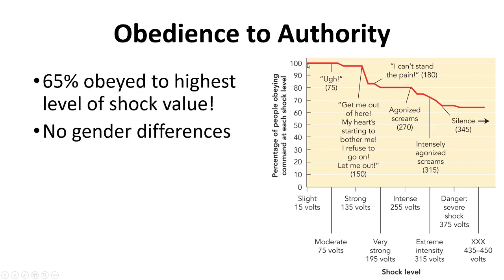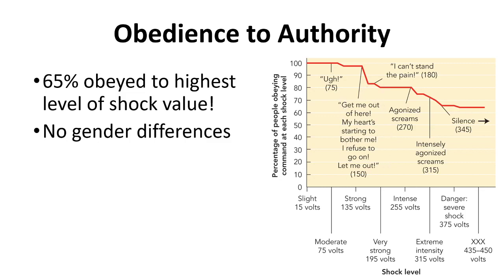So at the very beginning, pretty much everybody would push the button and deliver these mild shocks. And the confederate would say something like, ugh, or ow, or that hurts. So just sort of mild acknowledgement that these fake shocks were happening. And then as time goes on, you see that as the shocks get more intense, people start dropping out, but not very quickly. So at this point, where we start seeing a large drop-off, they start yelling, get me out of here, my heart's starting to bother me,